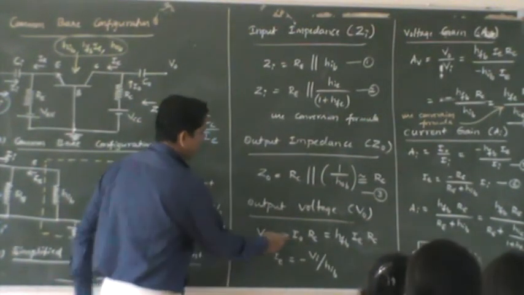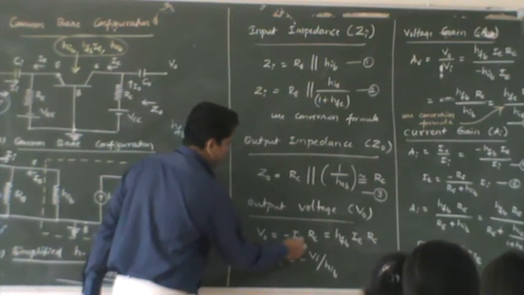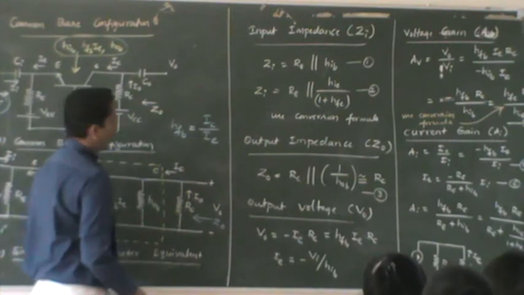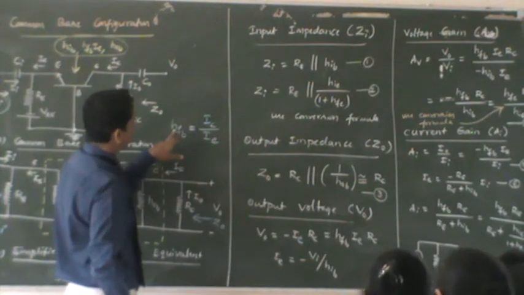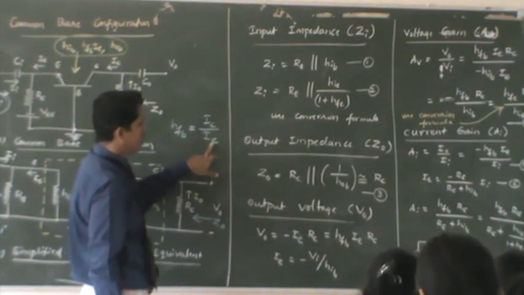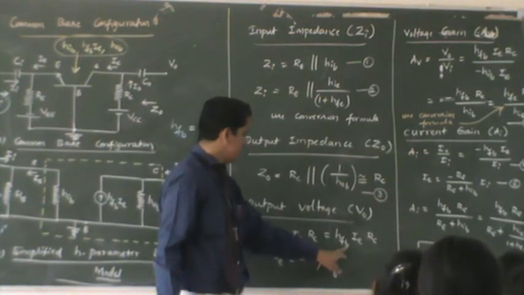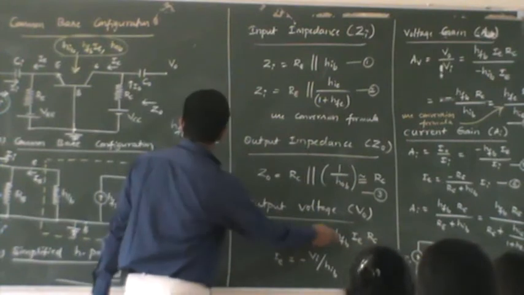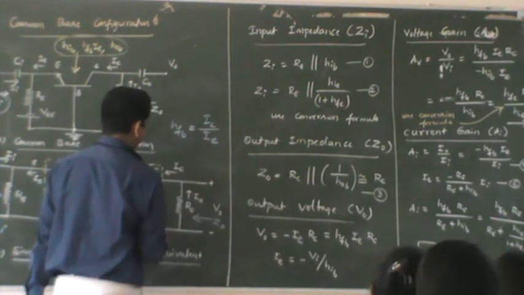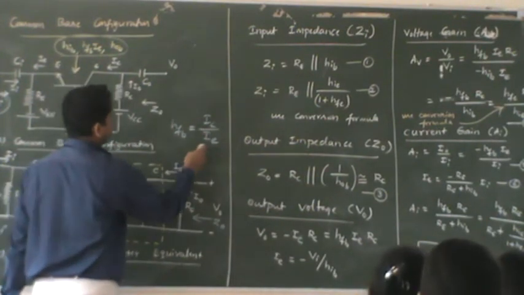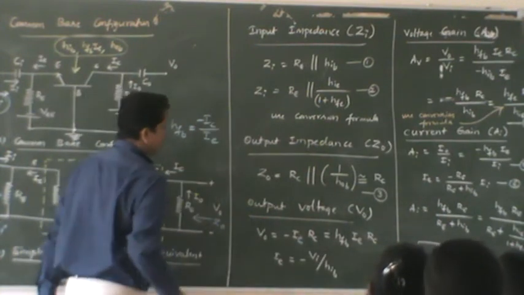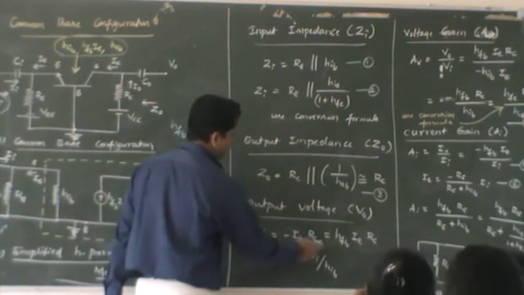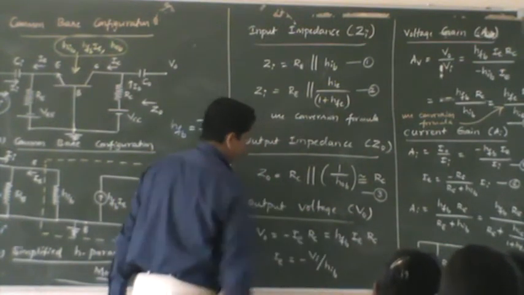So to get back to this, in place of I naught we can replace it with IC also, because I naught and IC are in the same direction. Now IC can be written as, if we cross multiply this, HFB times IE. You can see that IC and IE are in opposite directions, so you can add a negative sign here, and that negative sign cancels with this. So in fact V naught is HFB times IE times RC.